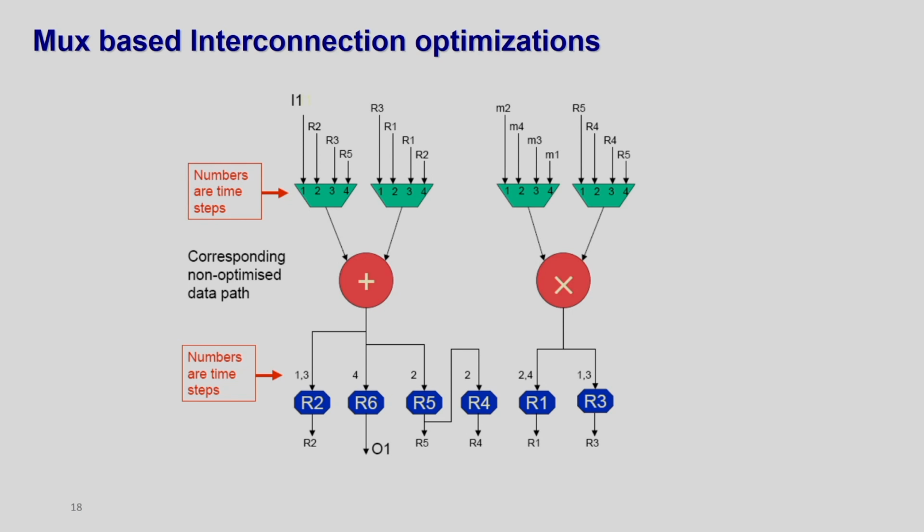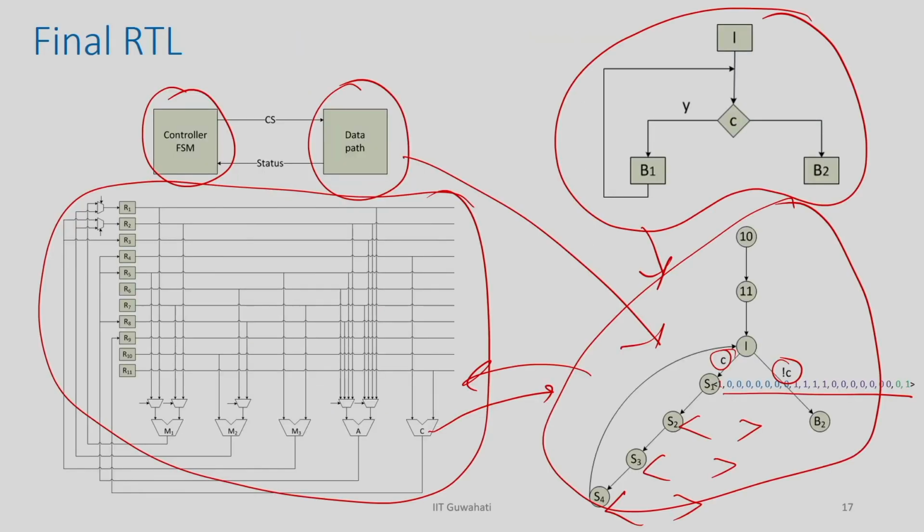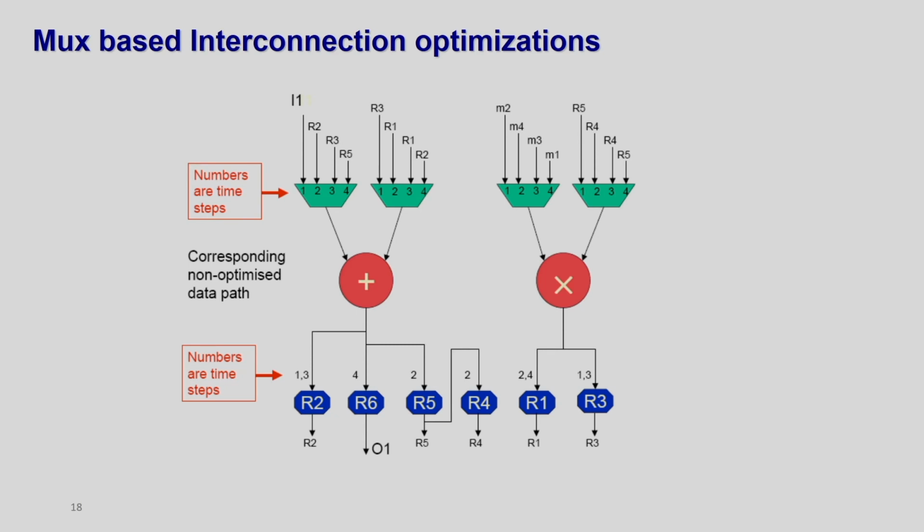So, in the mux based interconnections, it looks like it is very fixed, right. If you think here, I have already identified the multiplexers. So, you cannot change these things, it looks like, based on the interconnection requirement. If there are 4 register inputs coming to one FU, you have to put a mux size of 4, right, you cannot do anything. But there is an optimization possible here. So, let us try to understand this.